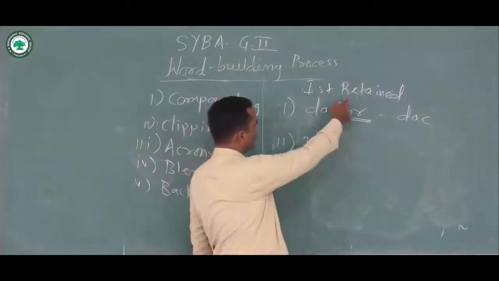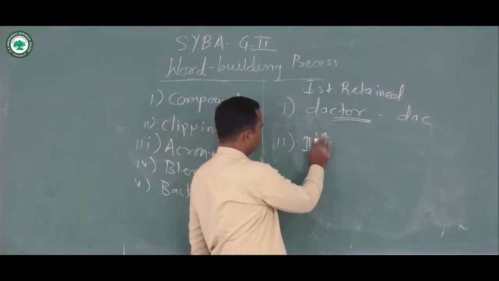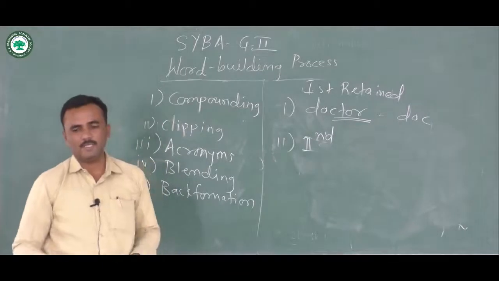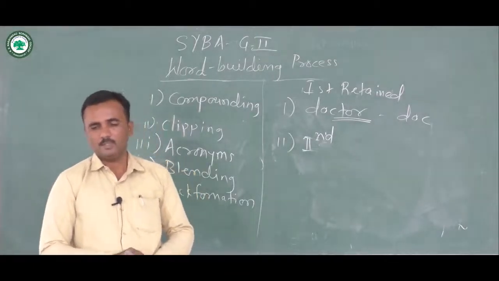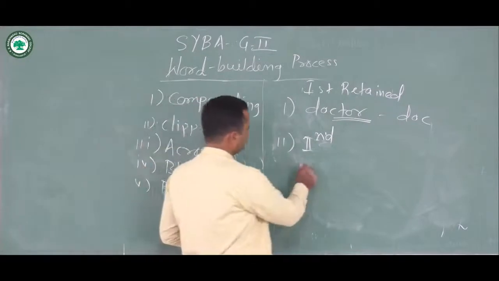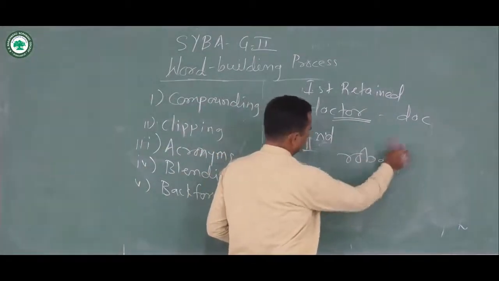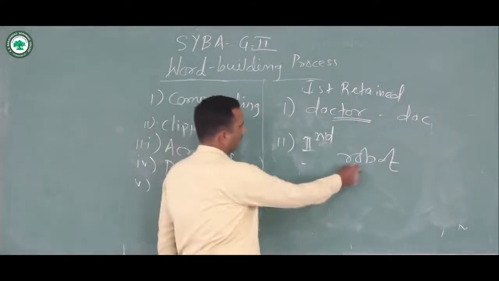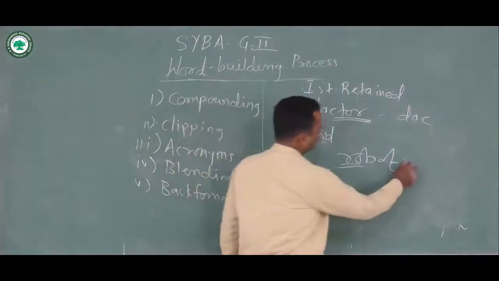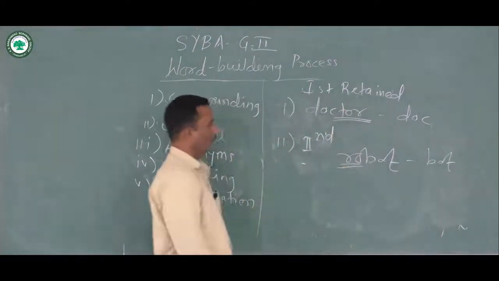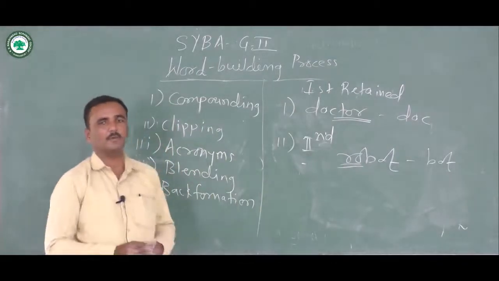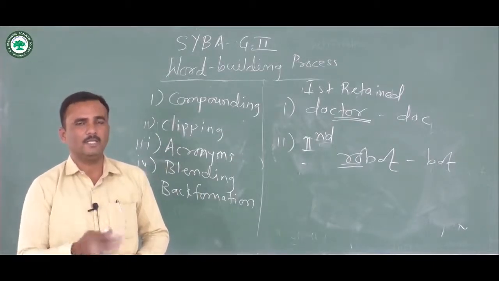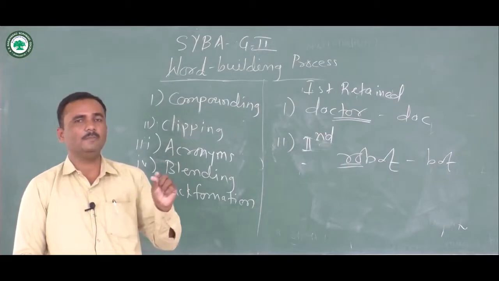Here you can see the first part is retained, the second part is retained and the first part of the word is clipped. Now look at examples like robo. In words like robo, the first part of the word will be clipped and the second part will be retained. In a word like cockroach, the first part, COCK, will be clipped and ROACH will be retained.